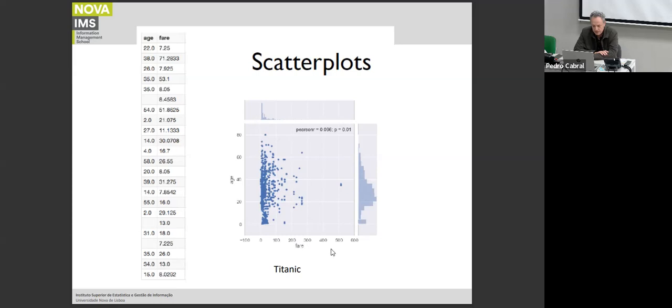Okay, so immediately we can see, if the points are not on the diagonal, it means that there is no correlation, which is the case here. So the age is not important on the price of the ticket for the Titanic, okay? So we can use this kind of representation, scatter plots, to figure out if there is a correlation or not between the variables, which might be very useful depending on our